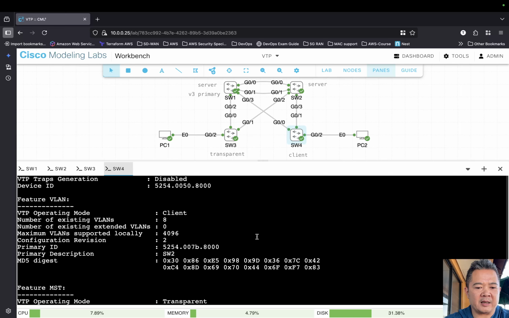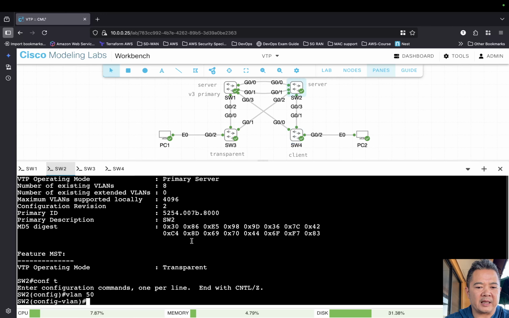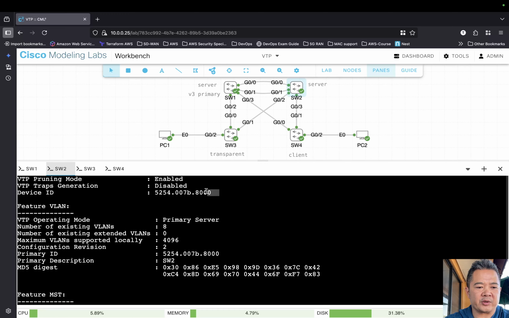Show VTP status. And so there we go. We see that switch 4 identifies switch 2 as the primary ID. Switch 2's MAC address is 007B8000. And there it is, 007B8000. All right,